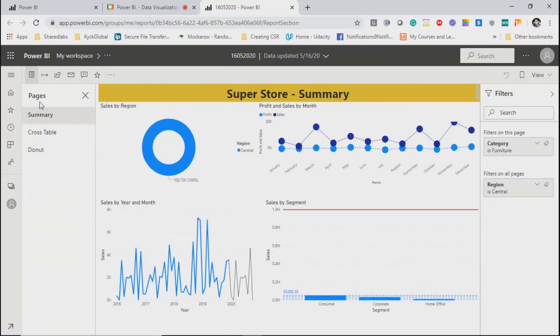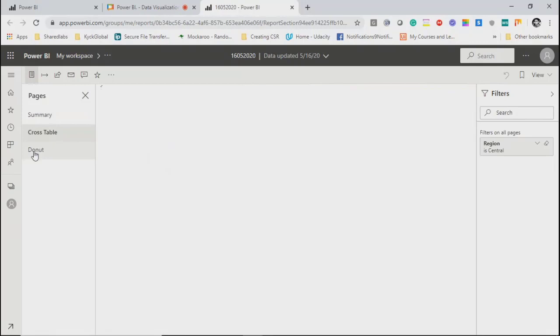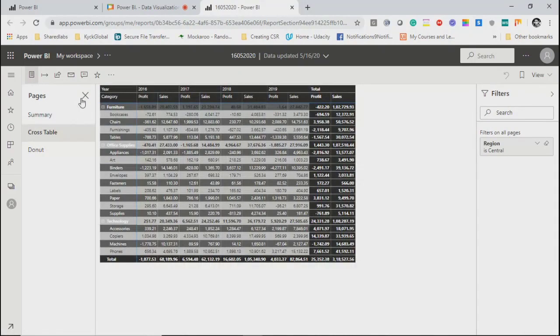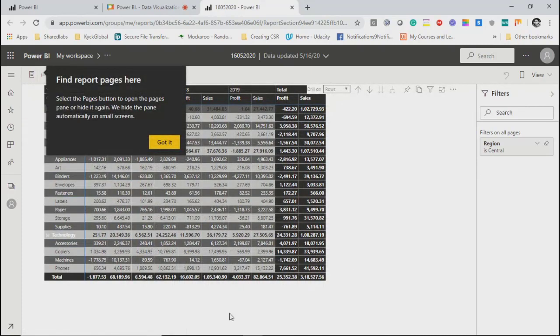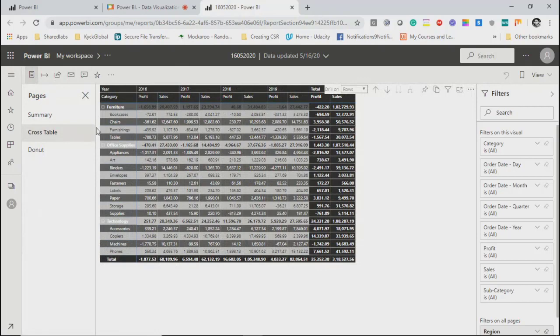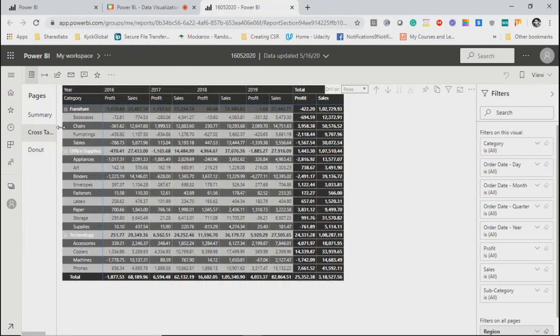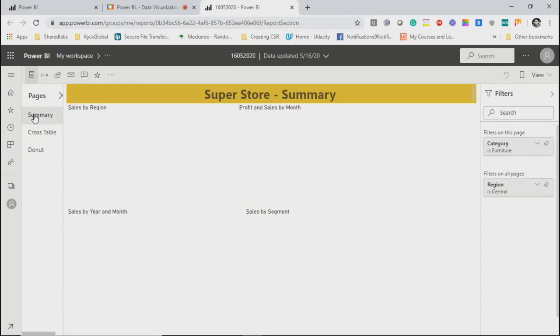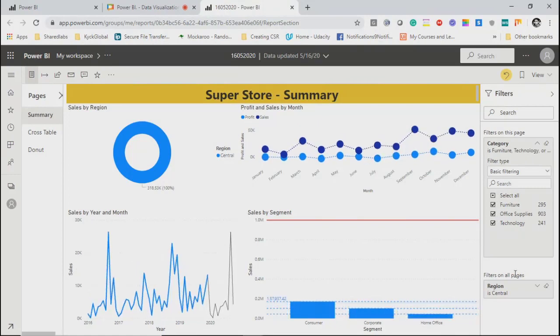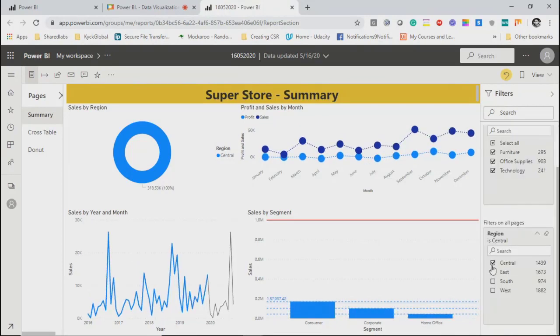It shows you all three sheets that you have: summary, cross table, donut. These three pages are there. So this is for your pages. I'll make it a little smaller, then we'll go to summary. So these are your filters. They appear like this on the page, and it's up to you how you use them.